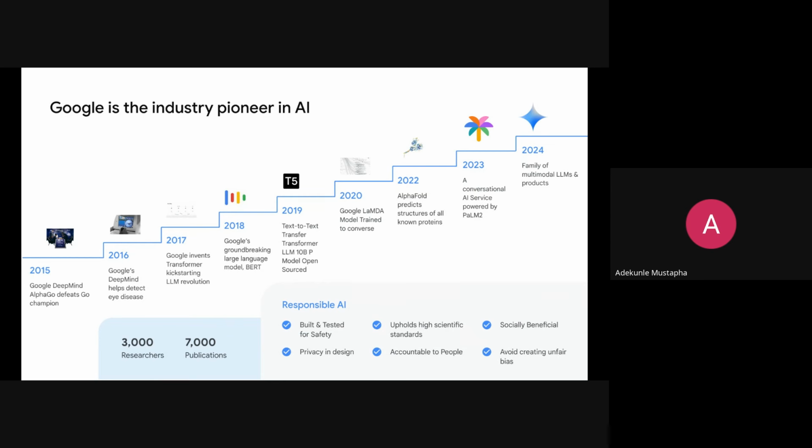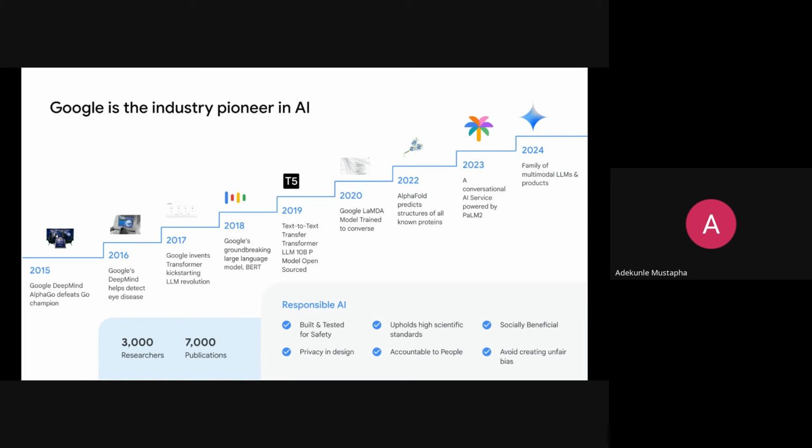So during all these things, we're already seeing the importance of LLMs. We're seeing the beauty of what LLMs could do. And now 2024, we are now in a multimodal LLM and product, which is Gemini, and Gemini is the current largest Google AI model. So the multimodality of Gemini, we'll talk about that in a bit.